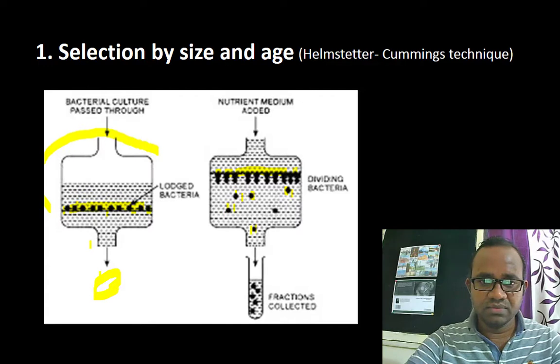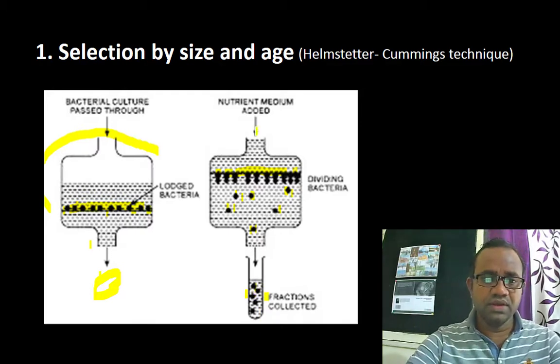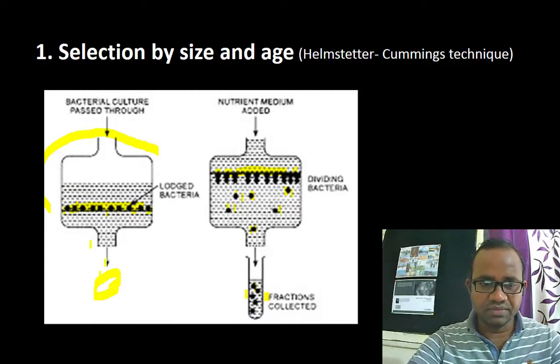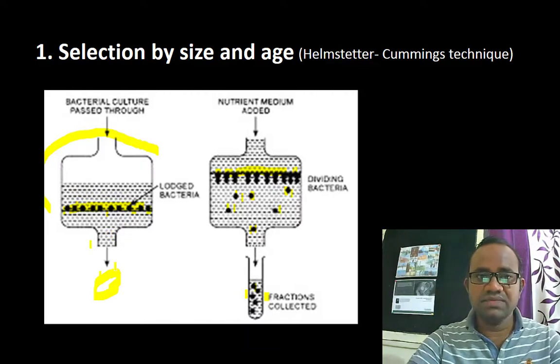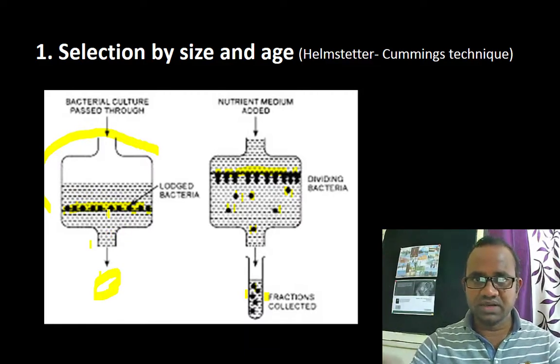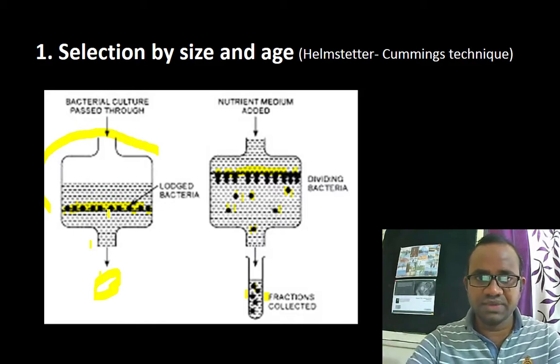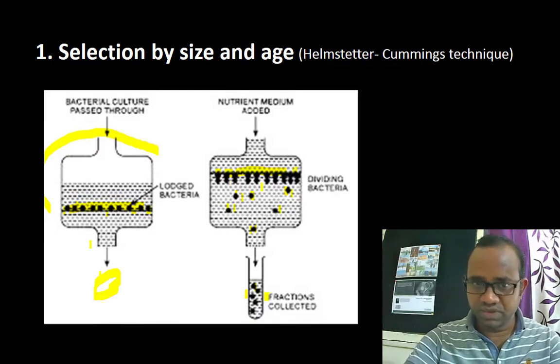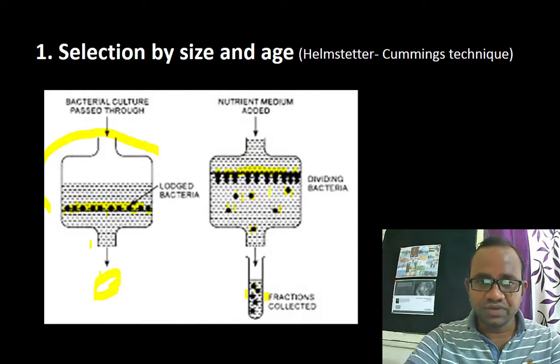These bacterial cells we can collect in the last fractions, right? Here we can collect this. So what was the main idea? The bacteria which were smaller, that means they do not grow, can easily be discarded out here because they can pass through the filter. And the bacteria which are bigger, that means they undergo binary fission, that's why they are big, are retained on the paper. Once we invert this instrument, all the bigger bacterial cells become loose because we add the medium. They detach from the filter paper, and now we can collect them here.